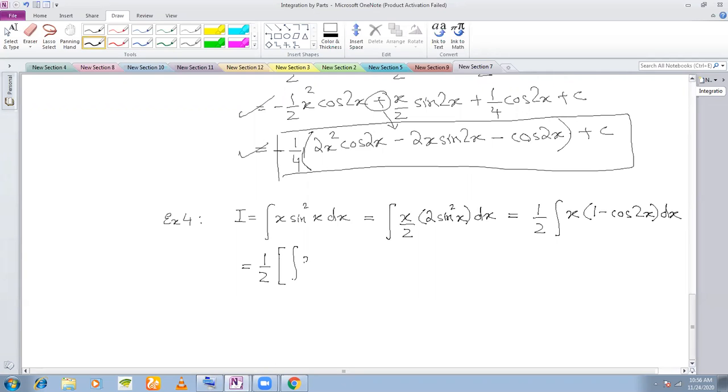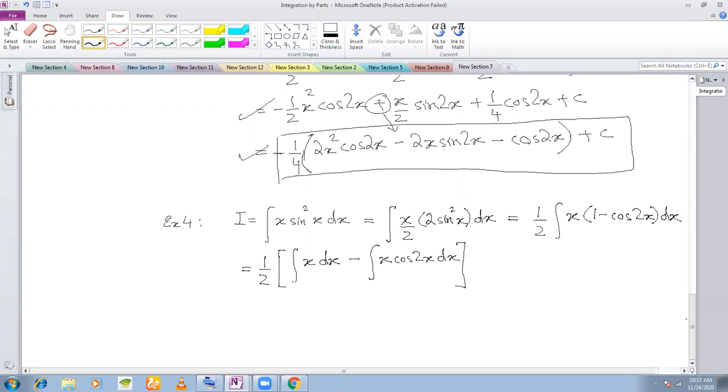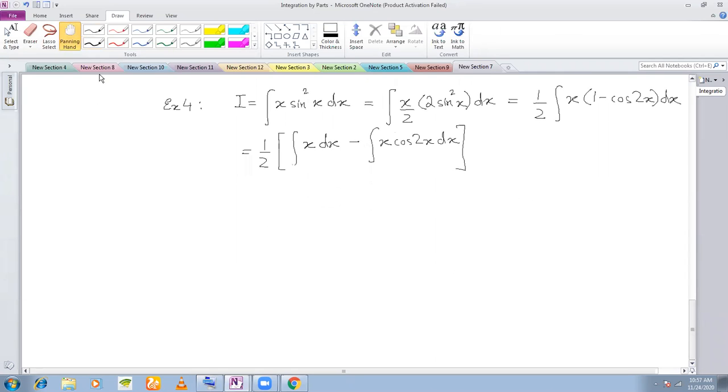What do you get? Integral x dx you will get minus integral x cos 2x dx. Okay, and x dx, how will you evaluate? It is half of x square minus, now integral x cos 2x you have to integrate